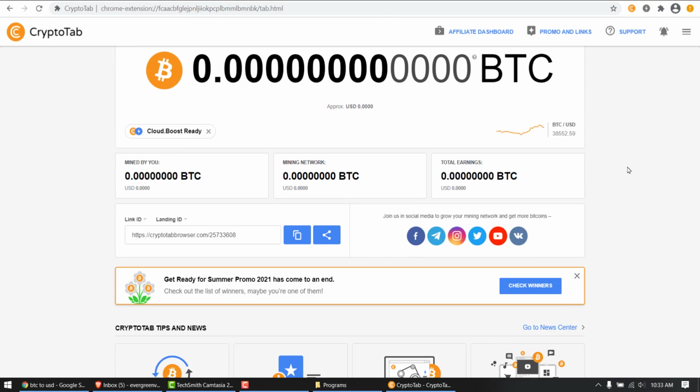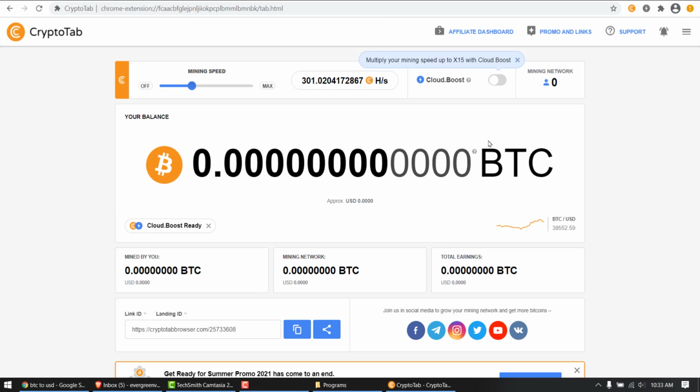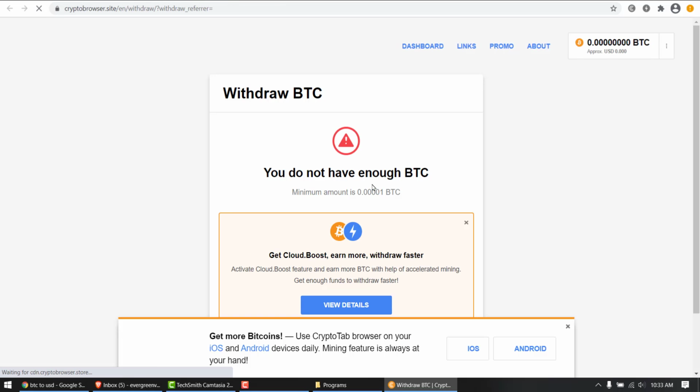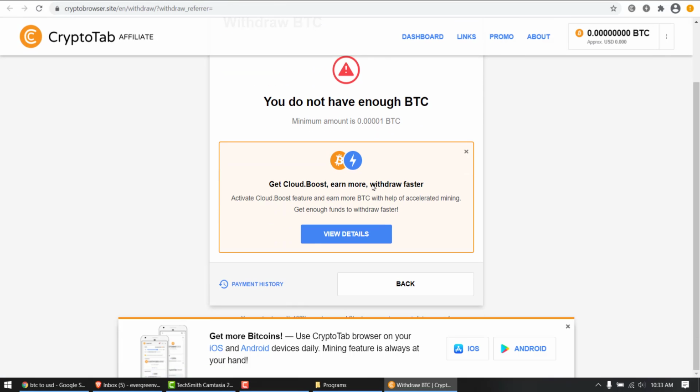I'll simply show you how you can withdraw your balance once you've reached a level. First of all, I'm turning mining off, and then I will click these three lines, withdraw BTC. You do not have enough BTC. Okay, so once I have enough, I will have to enter a wallet address, and I will simply withdraw money to that.